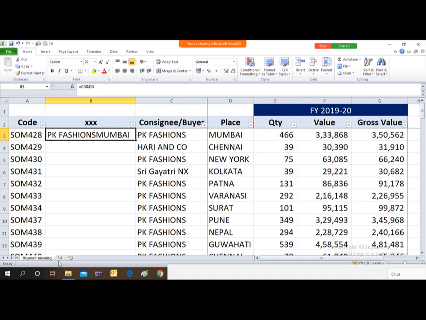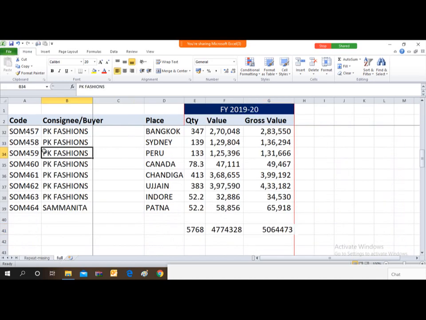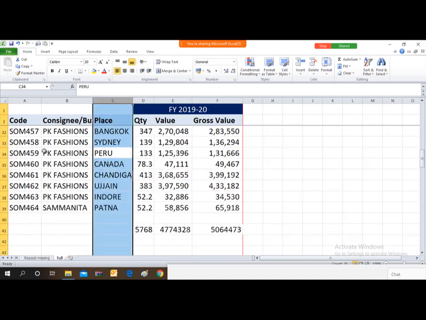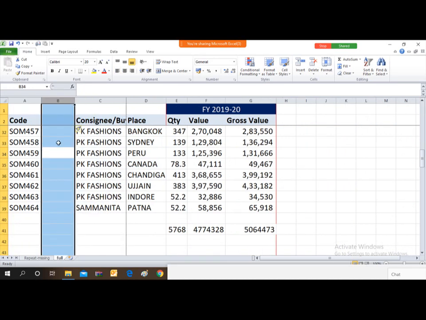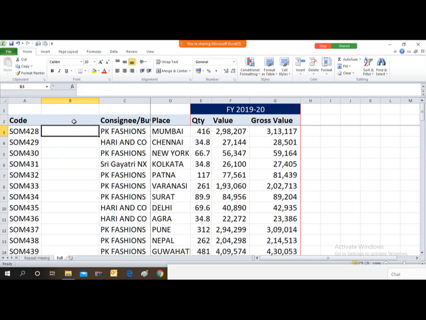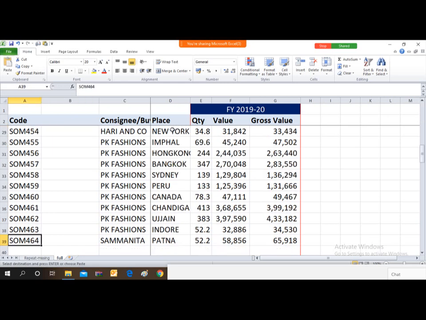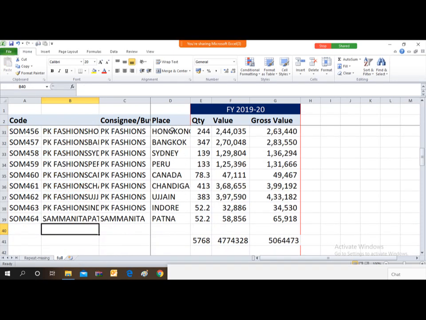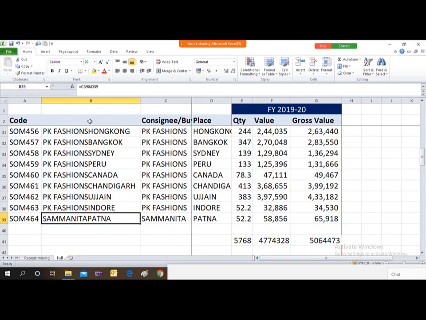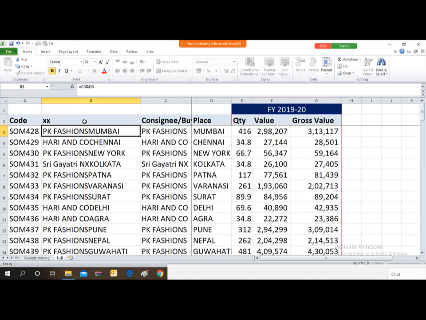Okay, there may be some repetition. I'll use this sheet. So friends, here also I have to make the same combination. That party name and this. So just copy this formula and paste in the entire column. So friends, now I have derived the unique combination in both the tables.